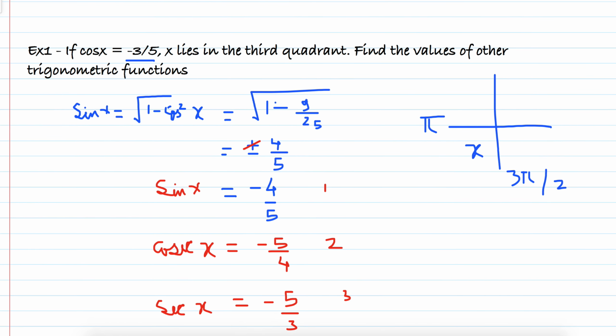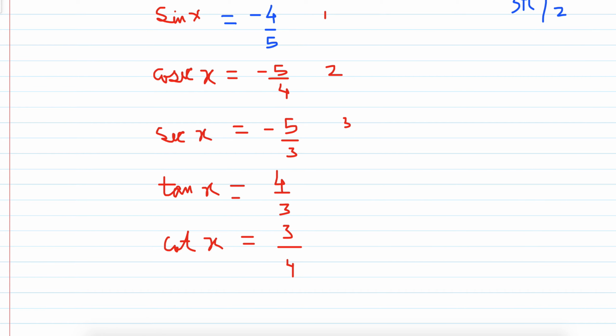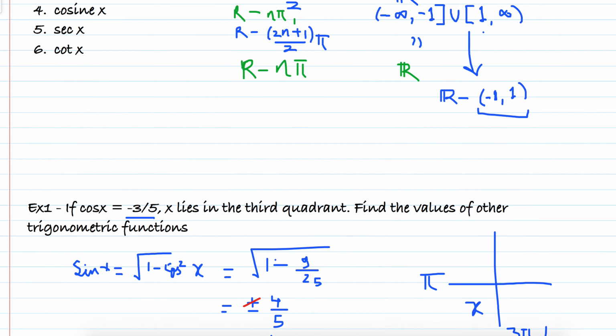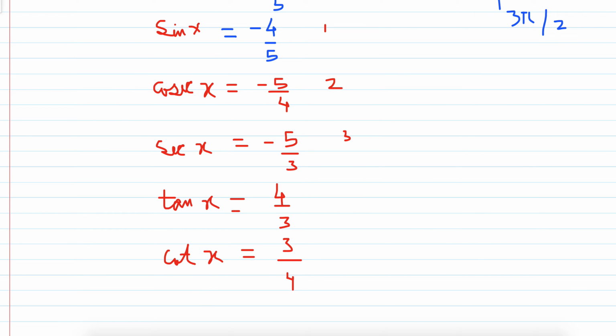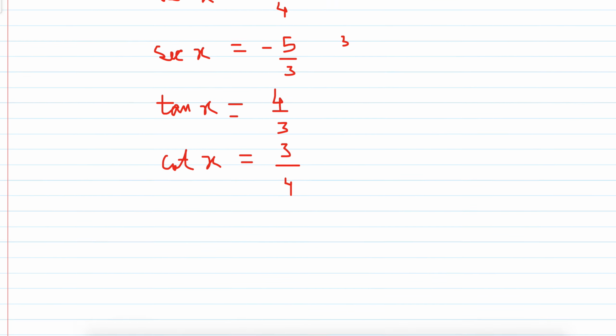So if we are given one of the trigonometric functions, sine or cos, tan would not do, because if we are told that tan is 4 by 3, then it can have multiple values of sine and cos for the same tan x. But if we are given either sine or cosine or sec or cosec, any of these four, then we can find the